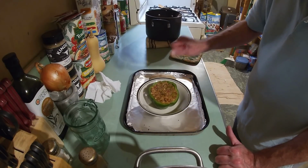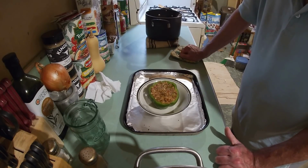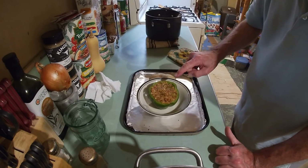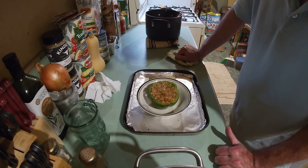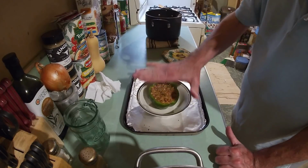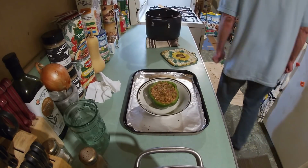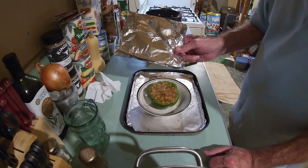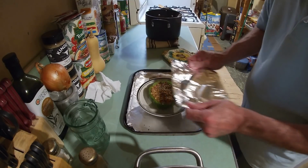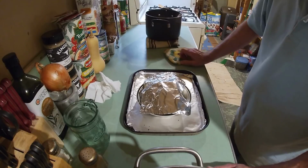Now we've been baking that potato for about 20 minutes. Now all we gotta do is take a little bit of foil and cover that up. You might wonder why we're gonna use some Reynolds Wrap to cover it. All we're gonna do is tin it. Because as many of y'all know, in a toaster oven,